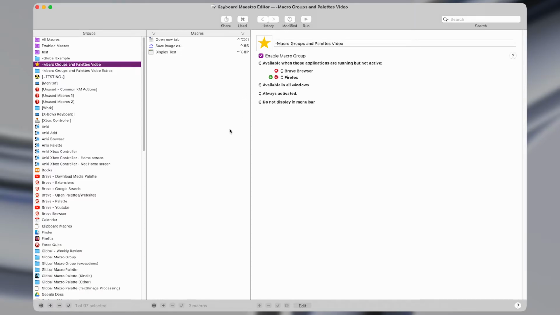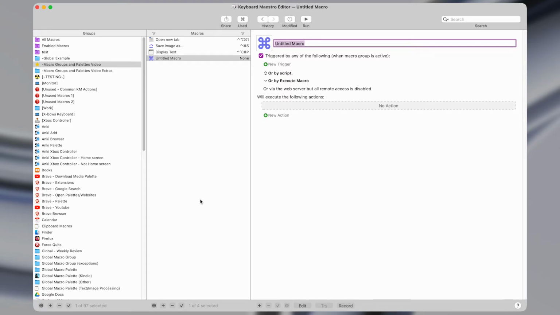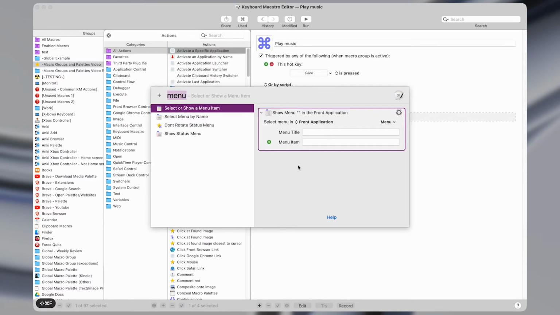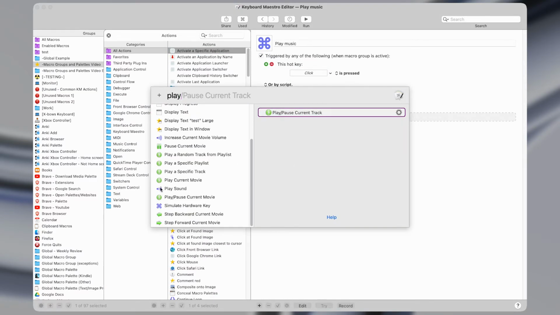So this could be really useful if, for example, you have a music app like Spotify or iTunes that you want to control without switching to it. So if normally you go to that app and press the spacebar to pause or play your music, or use certain buttons within the app to go to the next track, you might not be able to use those same shortcuts like pressing the spacebar from within another app, but you could make a trigger here that would play your music or do something else like picking a random